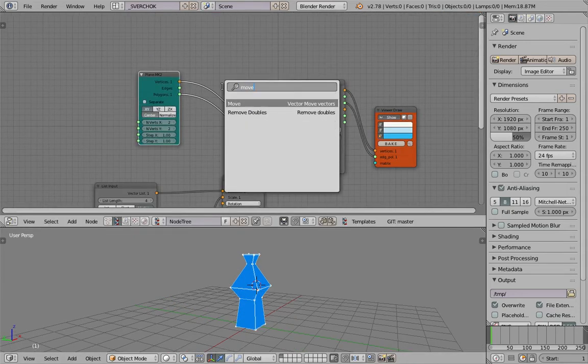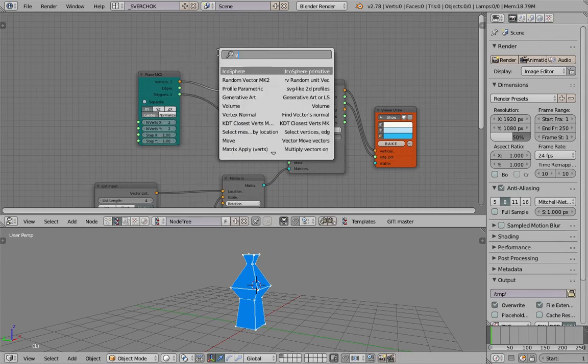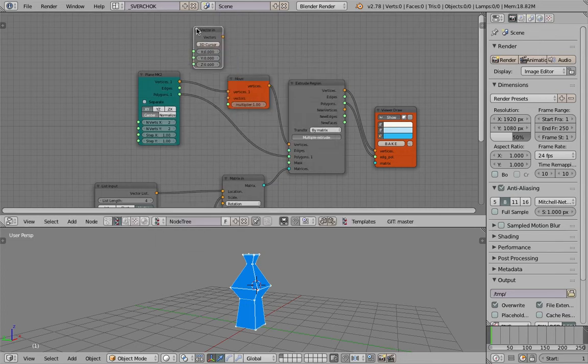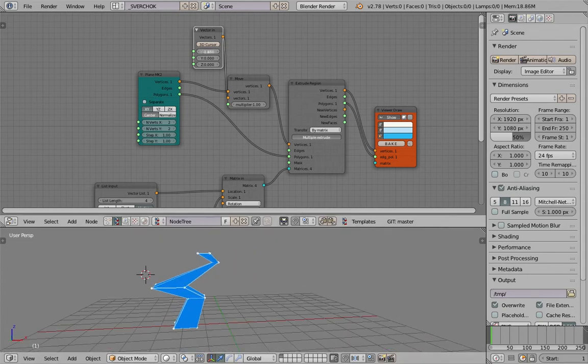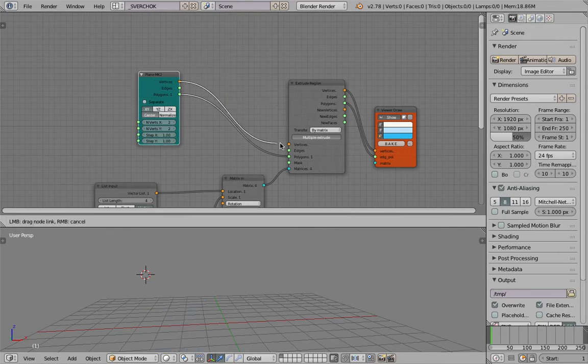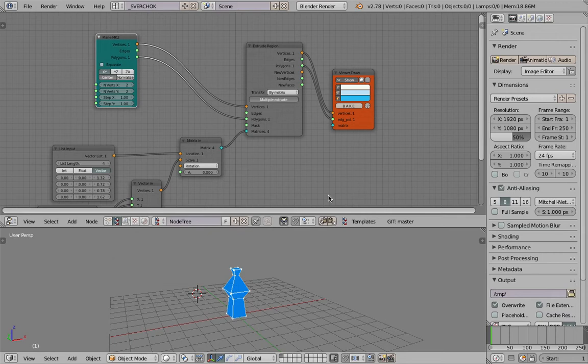Let's say if I move this plane and use vector in and move it to the side, you can see the scale doesn't go with it. So that's the limitation I found. I don't know what the solution is yet,